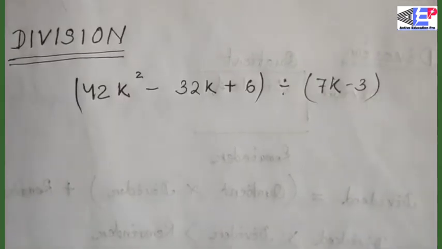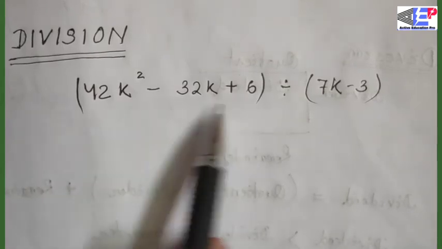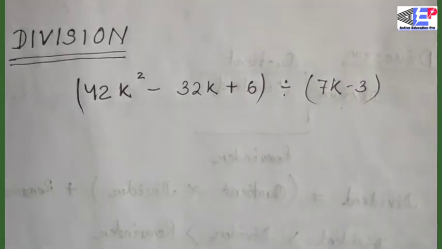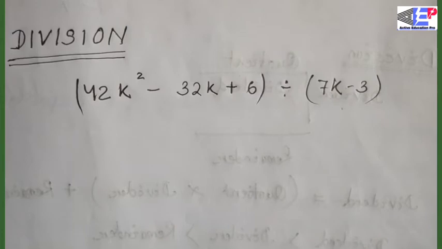Okay, so now take an example for better understanding. First example, here this is an example for division. It is the dividend and it is the divisor, you know it very well, and always be careful for it. Always write the polynomial in standard form. Standard form means descending order of the degrees of the terms.